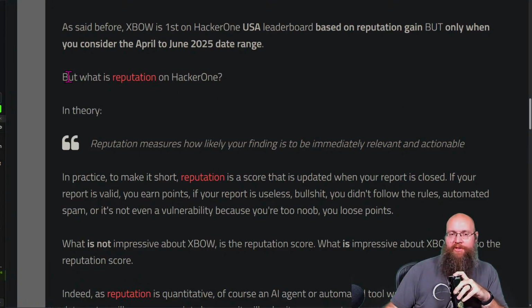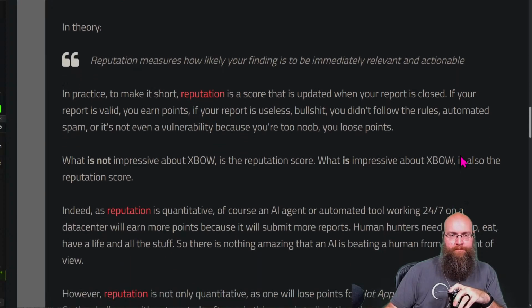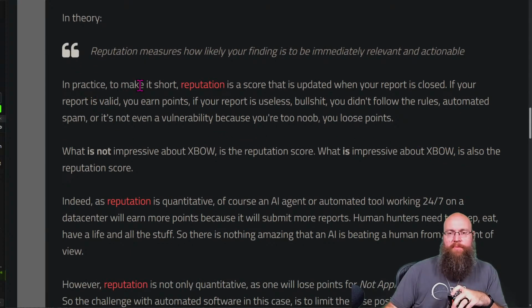So let's get an explanation here. What is reputation on HackerOne? Reputation measures how likely your finding is to be immediately relevant or actionable. Okay, so in practice, to make it short, reputation is a score that is updated when your report is closed. So if your report is valid, you earn points. If your report is useless, BS, you don't follow the rules, automated spam, or cited a vulnerability because you're too